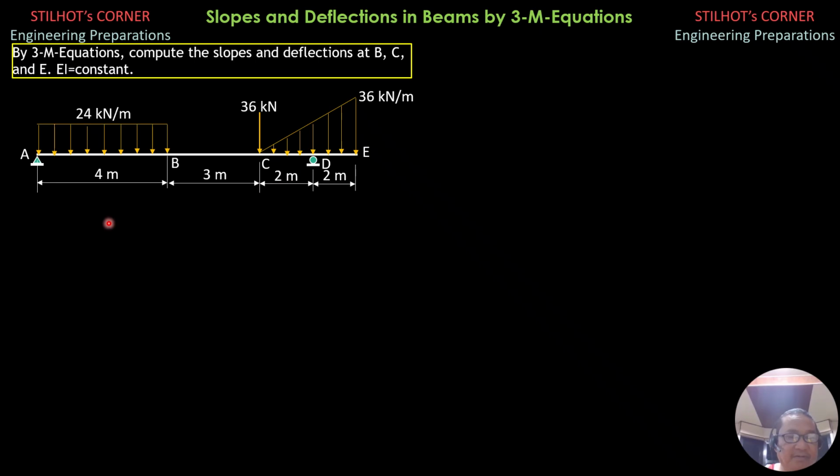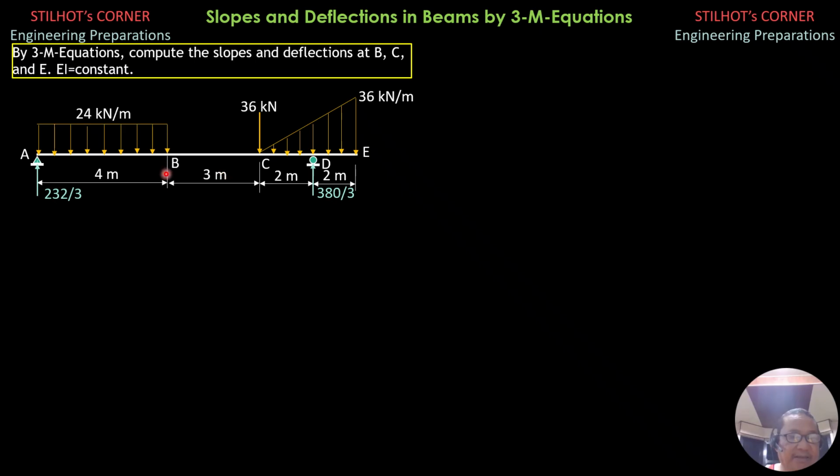Since you're already students in structural engineering, you should be able to find the reactions at A and D. These are the reactions at A, upward reaction 232 over 3 kilonewtons, and at D 380 over 3 kilonewtons. You just verify, my viewers. Then AX of course is 0. I'm not showing it anymore. It's obvious. So from there, we can compute the moments at B, at C, and at D by cutting a